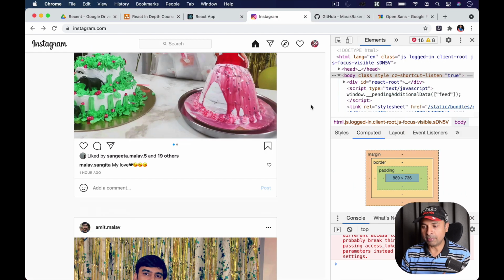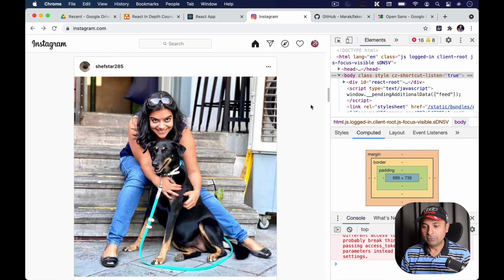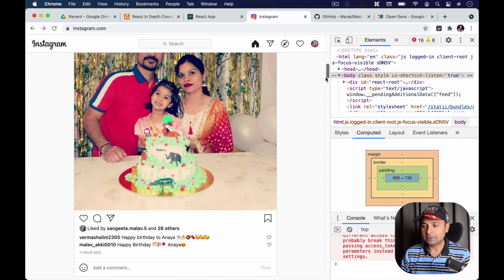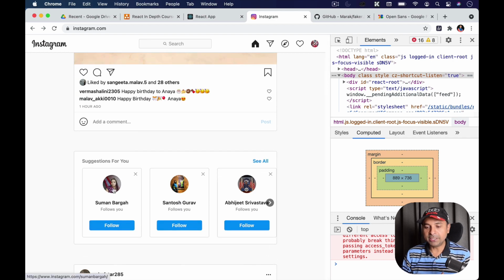If I go back to Instagram and scroll down, we see, okay, hold on. If you look at this part, we have that image and we have that name here, right? And we have a follow button. And then we have this border around this component. So we clearly see the use case of reusing our existing user component for this card component, right?